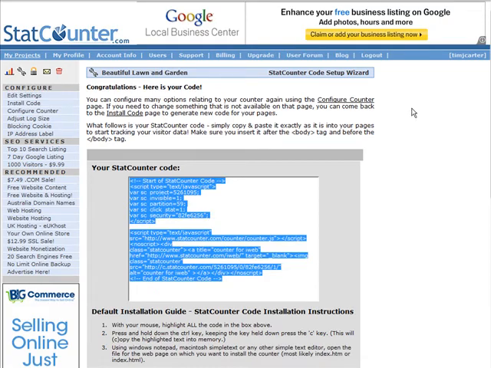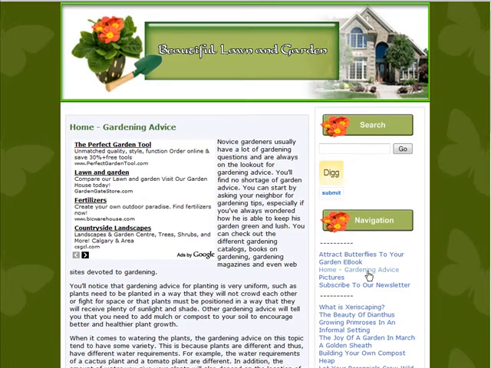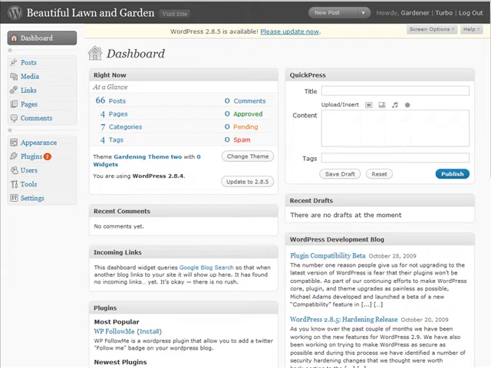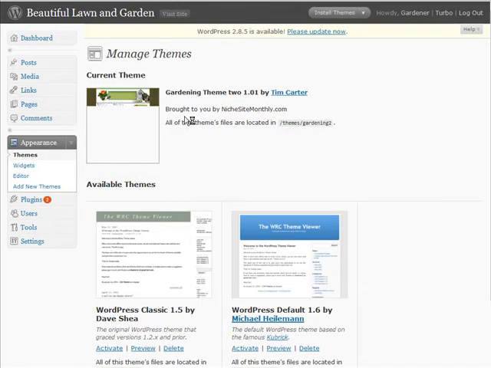Now we have to go to our blog, and we need to change one of the files. What we need to do is actually edit the theme that we're using. So let's go to the admin area of this blog. We'll log in. Okay, so we're logged in now. And we will go to Appearance. Depending on which version of WordPress you're using, this may all look different, but what you're looking for is your themes. Now we go to Editor,